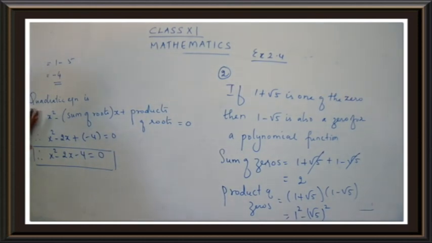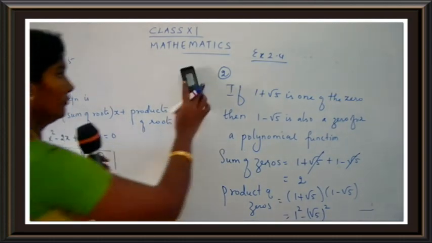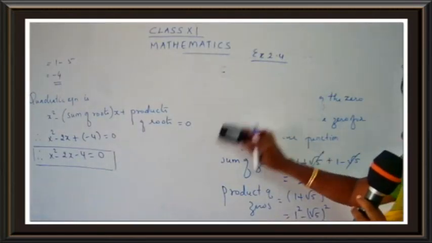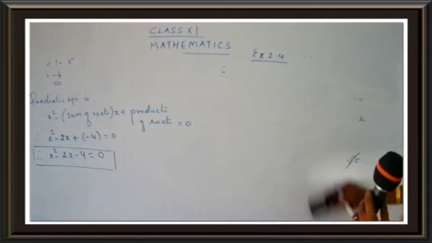So this was the quadratic equation. So now what are we going to do? We are going to find the quadratic polynomial. Let's find the value for the quadratic polynomial, children. I hope you are clear with all the sums. We are going very slow, yes children. So understand the steps.